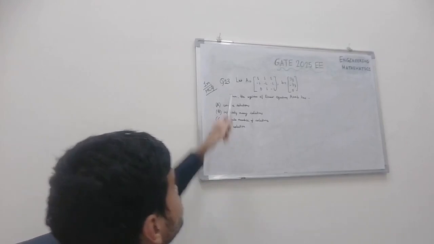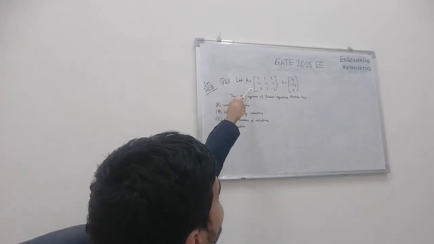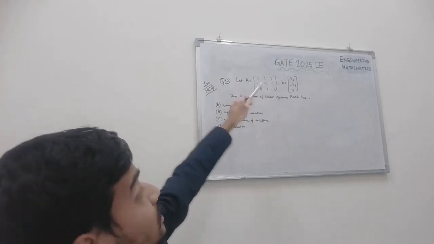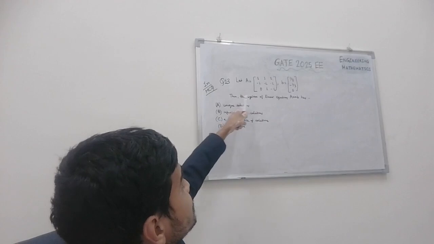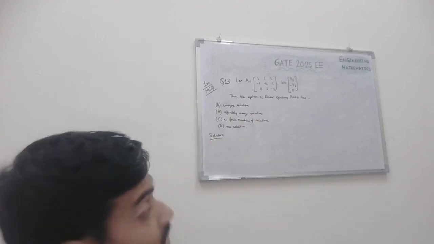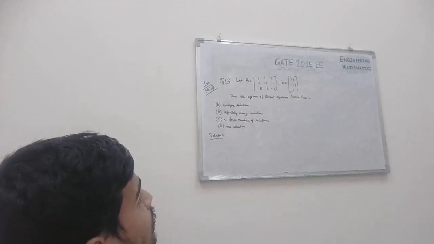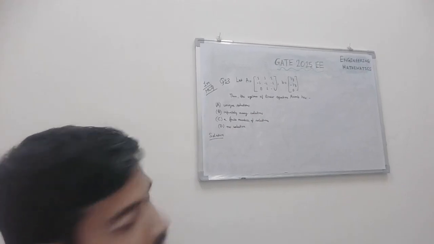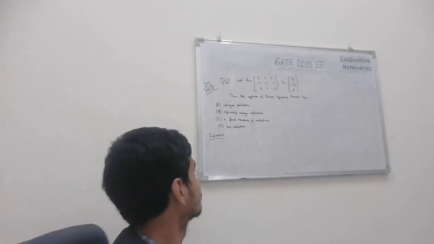The question is given like this: A matrix 1 1 1, minus 2 0 1, minus 1, and the matrix B given as 1 by 3, minus 1 by 3. The linear equation system A x is equal to B has: option A, no solution; option B, infinitely many solutions; option C, a finite number of solutions; and option D, no solution. So